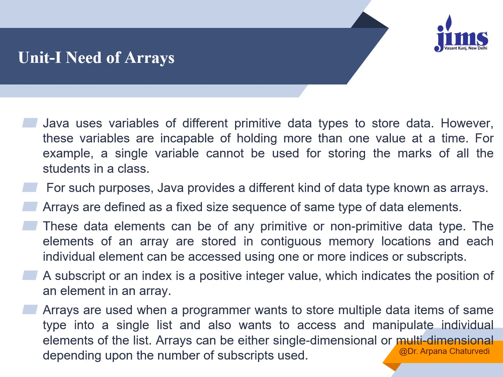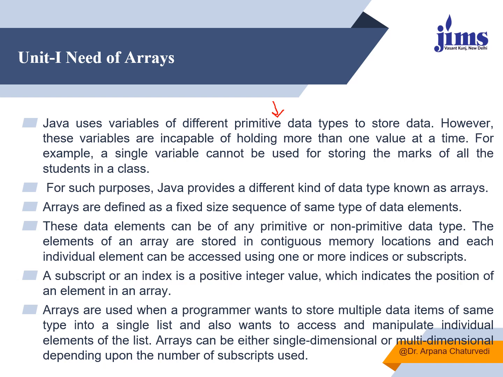Before moving further, we should be well aware that Java has many different data types, among which one is primitive data types. Primitive data types have the capacity to store a particular kind of value in a variable. If a variable is of integer type, it can hold one integer value only. If it is of double type, it can hold one double value. But in case we have to store multiple values within one variable, what is the alternative? The alternative is arrays.